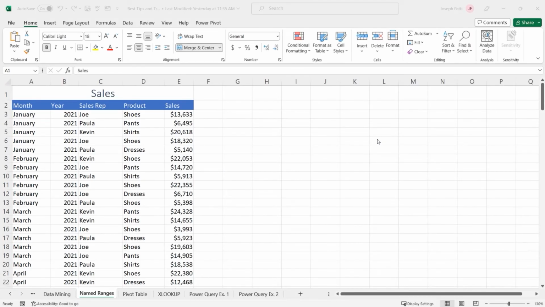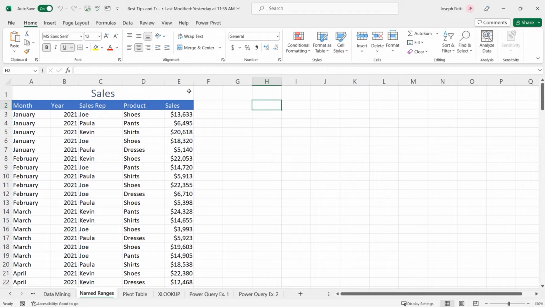One of the next things we're going to talk about is named ranges. Named ranges in Excel is one of my favorite things because it allows you to name a range of cells. Whether it's a single cell or it's a range of cells, you can name them and then reference them later. The best part about a named range is it's automatically absolute referenced, which means that when you add in those